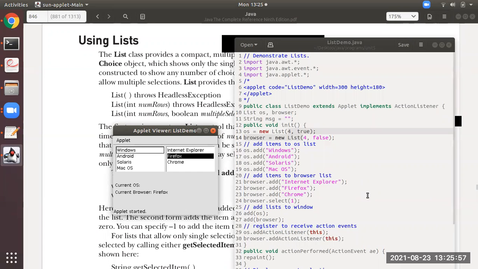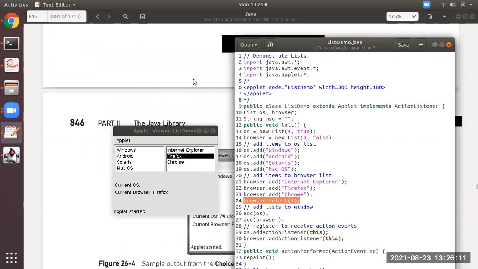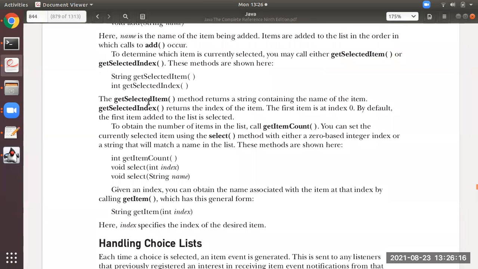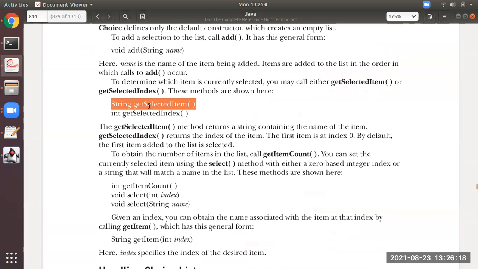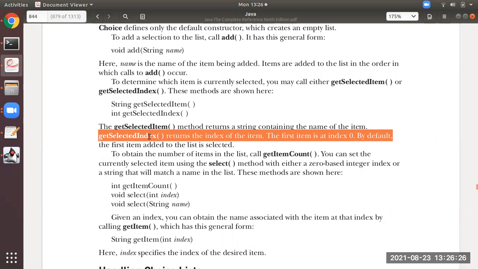I hope you have understood, students. Another thing, see here, select one. By default, you can see Firefox is selected. As in the Choice class, you can get the selected item either by getSelectedItem or getSelectedIndex. Selected item will give you the name, that is a string. Here it will give you the index.